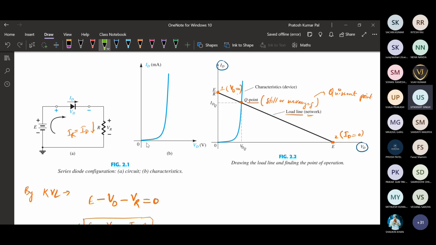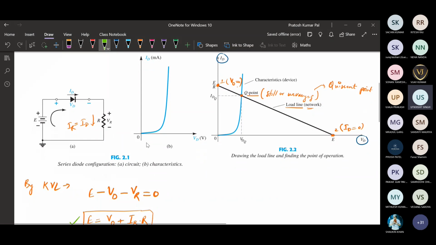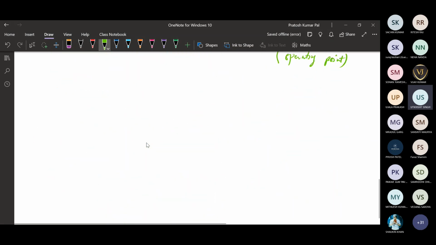Whenever we are given the diode characteristics, from the circuit we can obtain a DC load line, and see at what particular point it is cutting. So these points will be obtained, at what voltage and current they cut each other. These voltage and current will be your operating point voltage and current of the diode. These two values will be the solution of the equation basically.